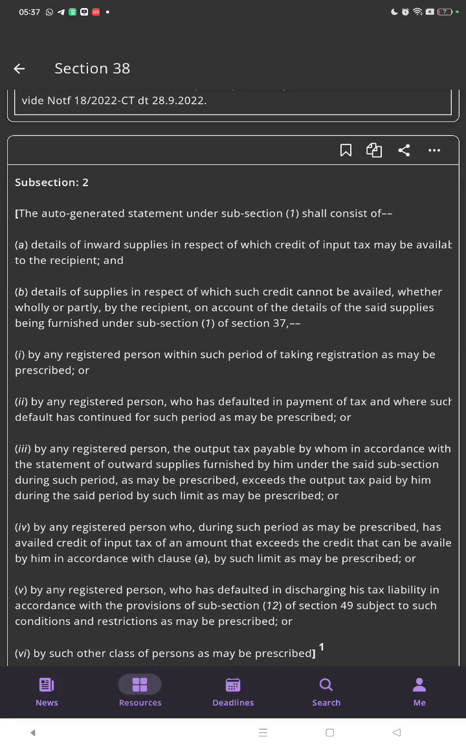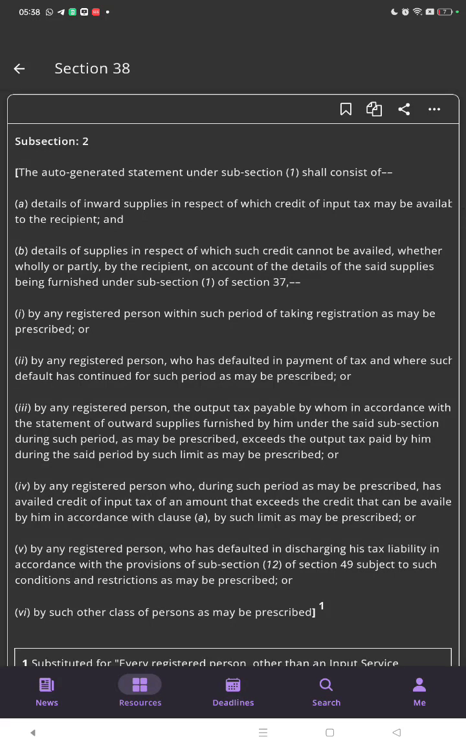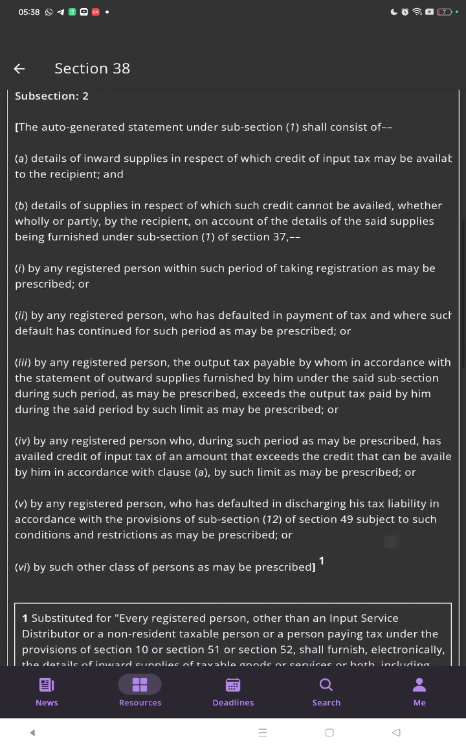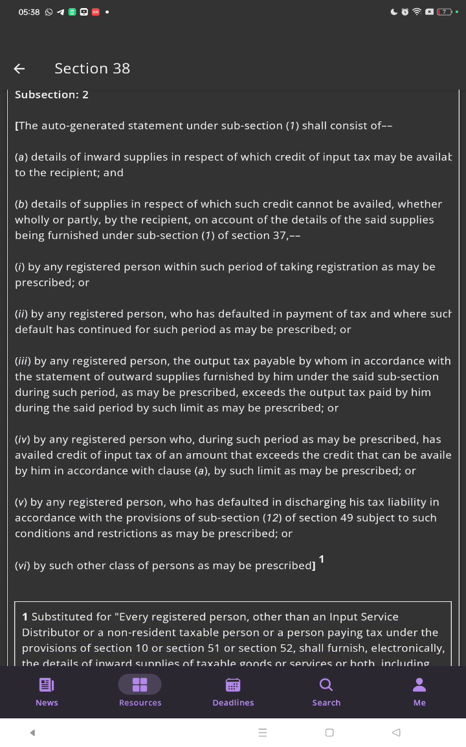Subsection 2: the auto-generated statement under subsection 1 shall consist of the details of inward supplies in respect of which the credit of input tax may be available to the recipients, and the details of supplies in respect of which such credit cannot be availed, whether wholly or partly, by the recipients on account of the details of the said supplies being furnished under subsection 1 of section 37 by any registered person within such period of taking registration as may be prescribed,